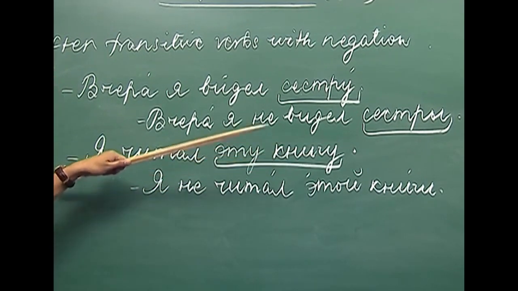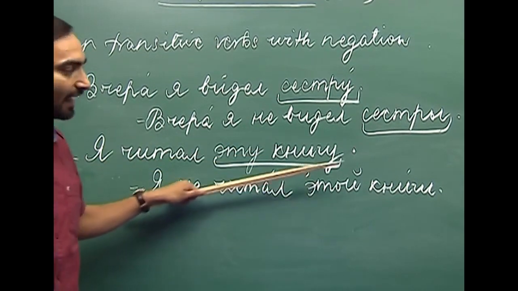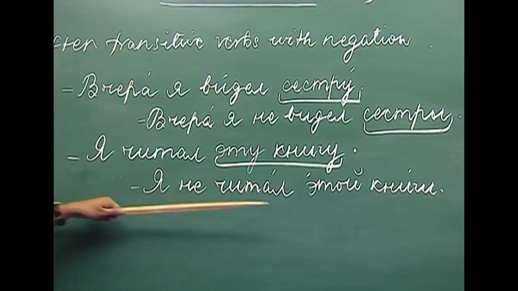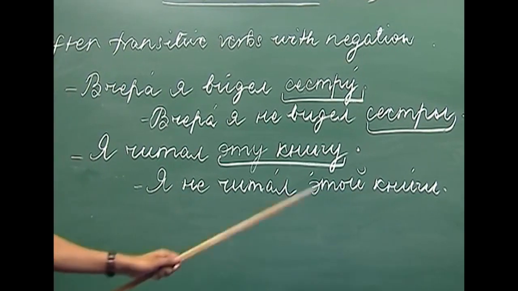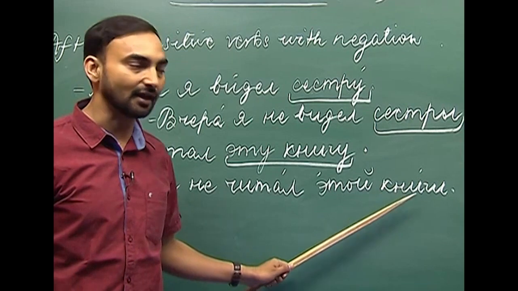This is the affirmative sentence, there is no negation. "Ia ne cital etu knigi", I did not read this book. Here there is negation, that is why we have used the genitive case of the noun kniga, which is